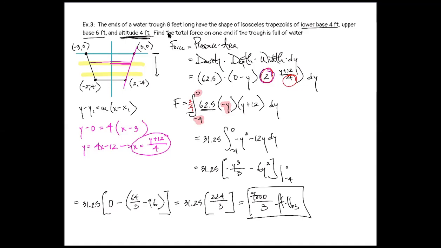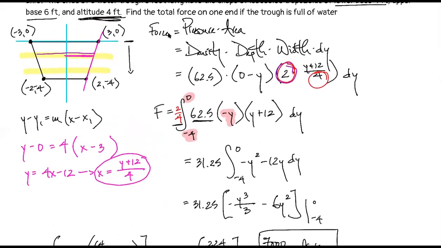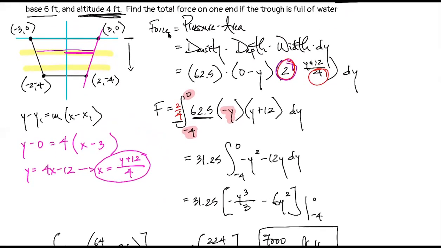All right, any other questions about example number 3? Yeah. If a question like this comes up on the test, I feel like I'm going to mess up my bounds. By looking at it, after we create our diagram, what's a good way to know if it's going from -4 to 0 rather than from 0 to 4?